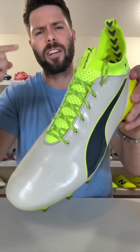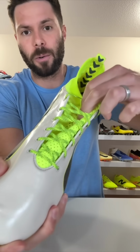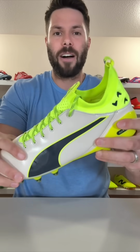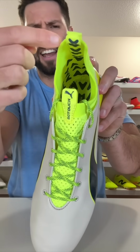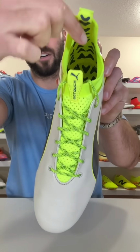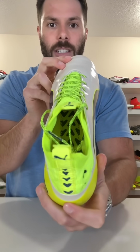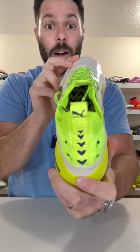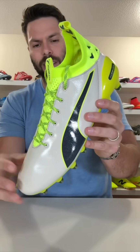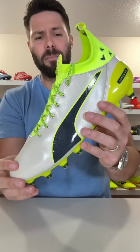This is what they called their Evo knit material, and it basically lined the entire inside of the boot, where if I push it down you can see it wraps all the way around your foot. And take a peek inside, you'll find a bunch of these Grip-Tex arrows, which are actually a slightly grippy material that not only line the back of the heel to help hold your heel in place, but look down the bottom and it lines the entire bottom of the foot, where you could put in some included insoles for a little bit of extra cushion, but the idea of this was the entire inside was that Evo knit material,